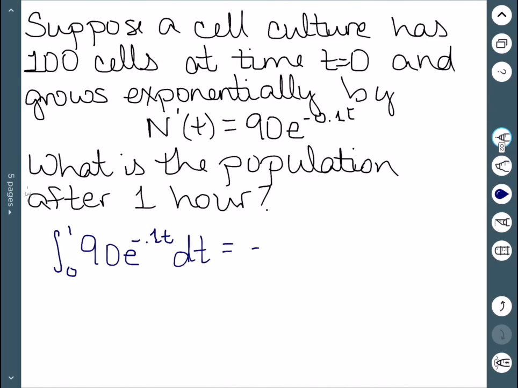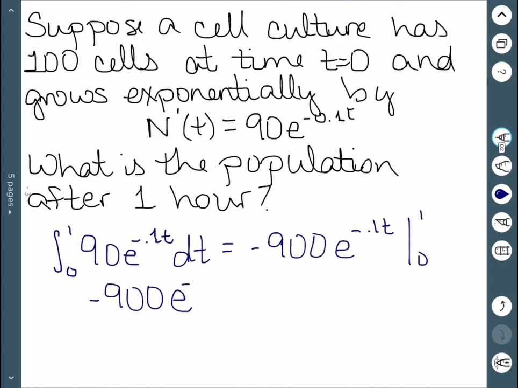When we integrate this, we get negative 900e^(-0.1t). And remember, if you're multiplying something in the exponent of e, you divide by that number whenever we integrate. So 90 divided by negative 0.1 gives us the 900. So this gives us negative 900e^(-0.1) plus 900e^0. And once we work this out, this is approximately